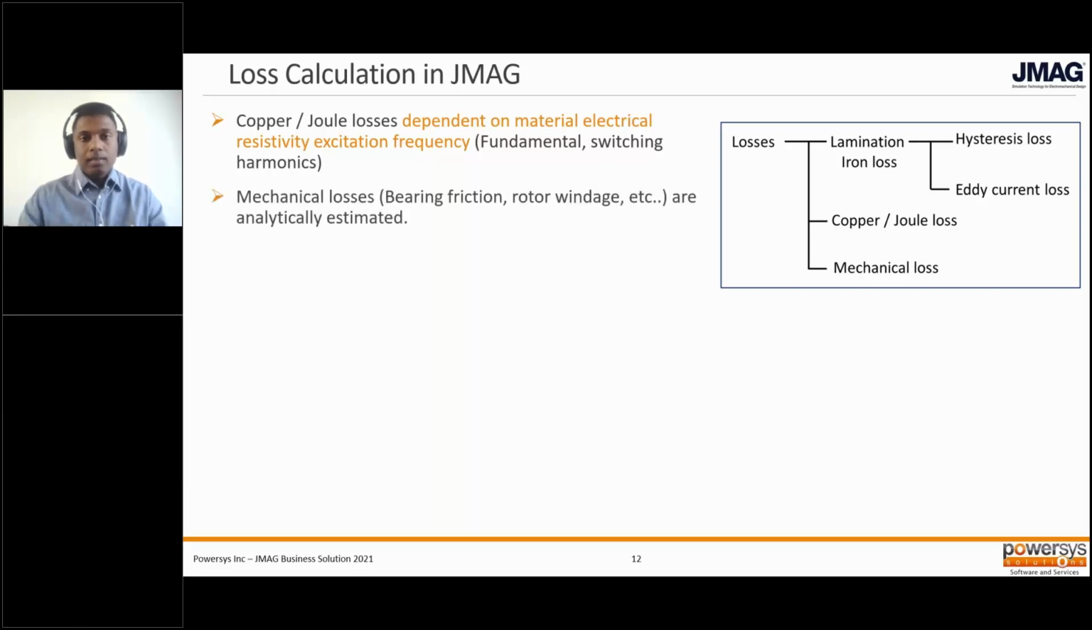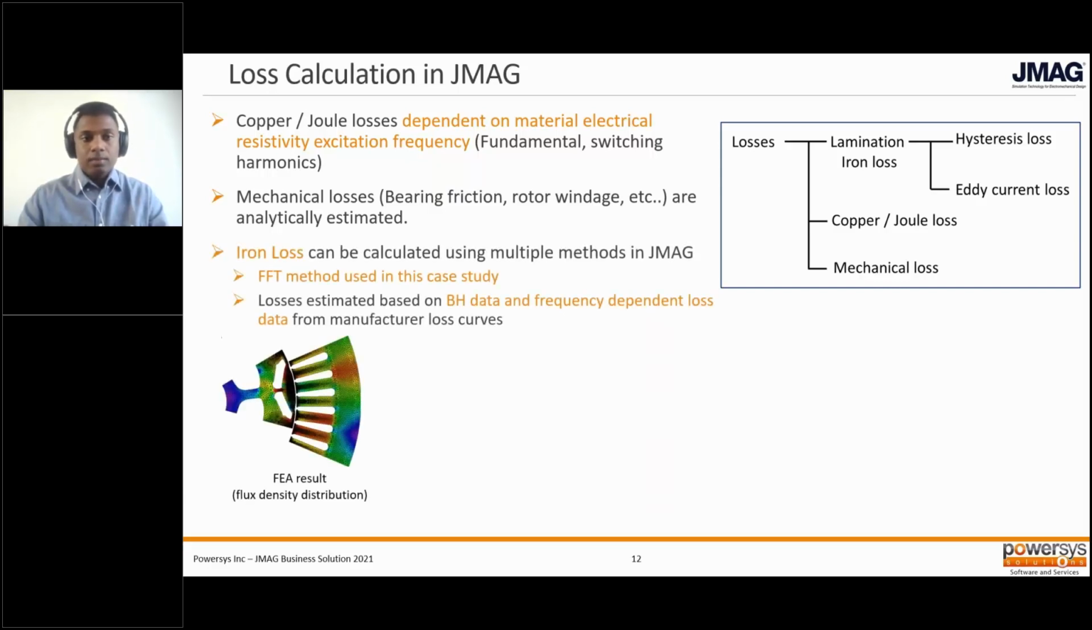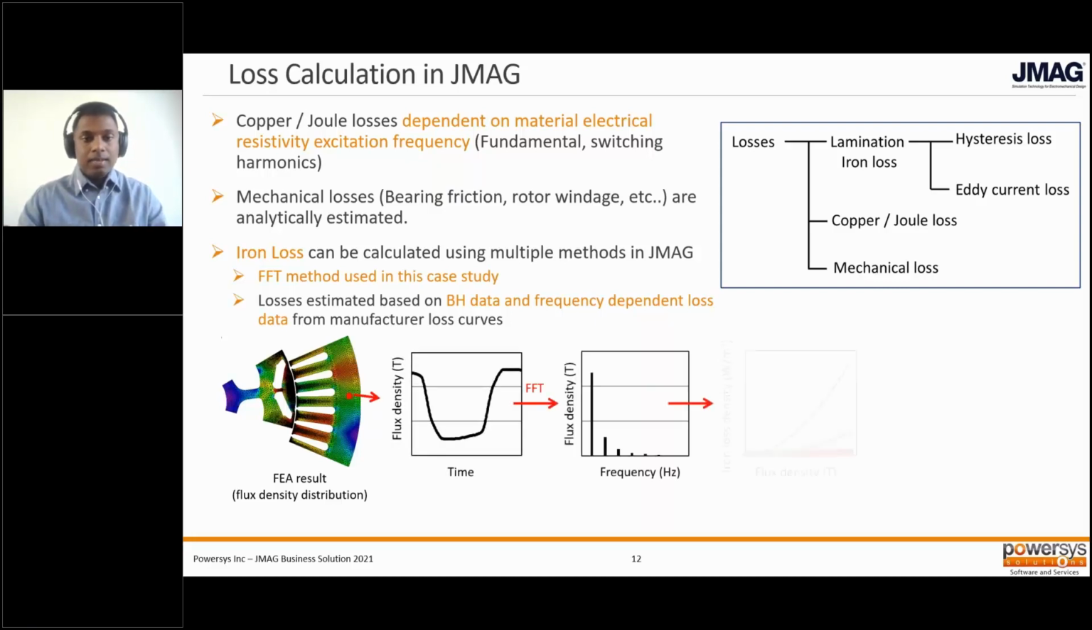And then the mechanical losses are analytically estimated, in this case, which are the bearing friction, rotor windage, etc. And then for the iron losses, there are multiple ways to calculate this in JMAG. Particularly in this case, we've used the FFT method. That's basically looking at the historical data of the flux density in each mesh element and applying FFT,